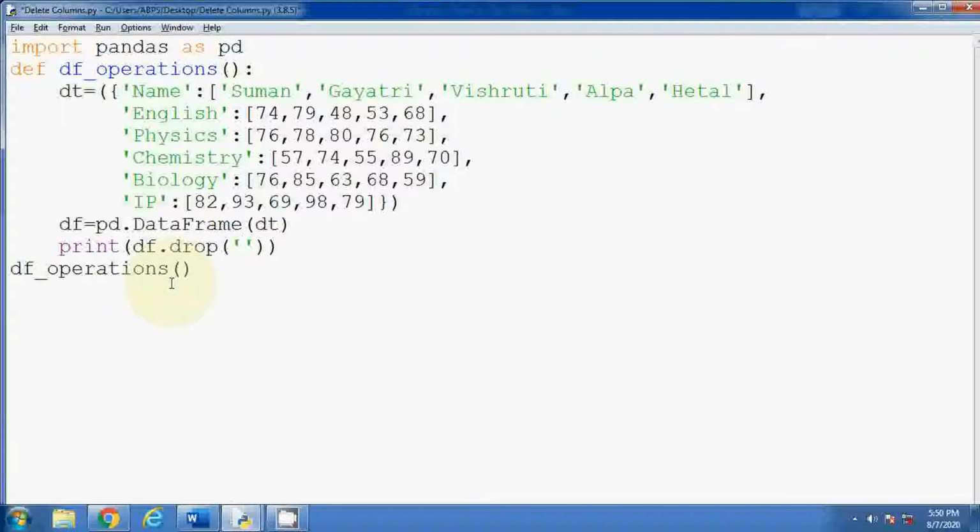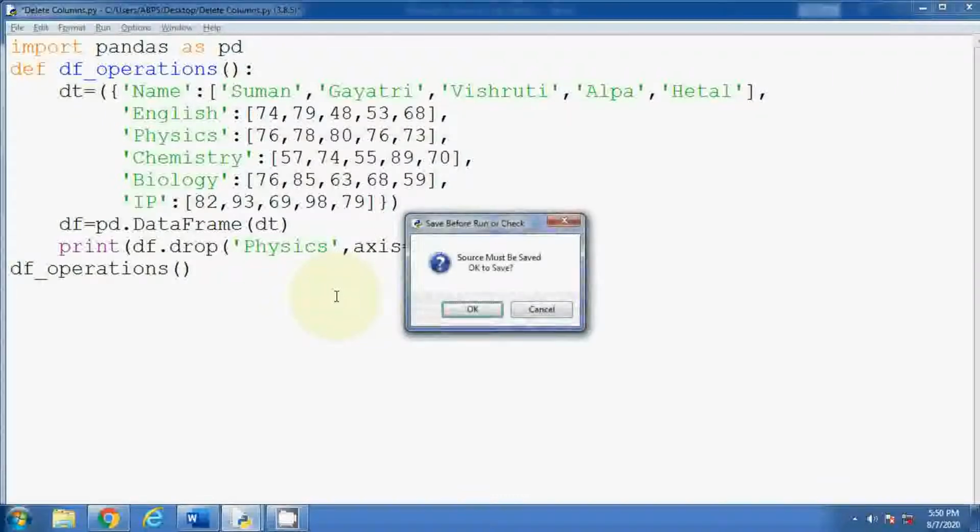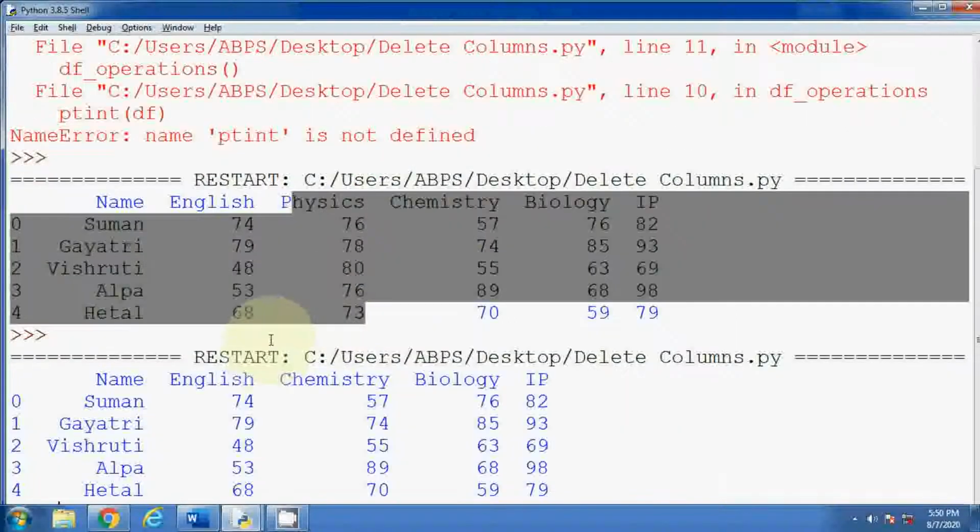Physics. Here you have to give the same name as used here, P capital. It is case sensitive. Axis equal to 1. Now let me check. So here you can see the Physics column is deleted.